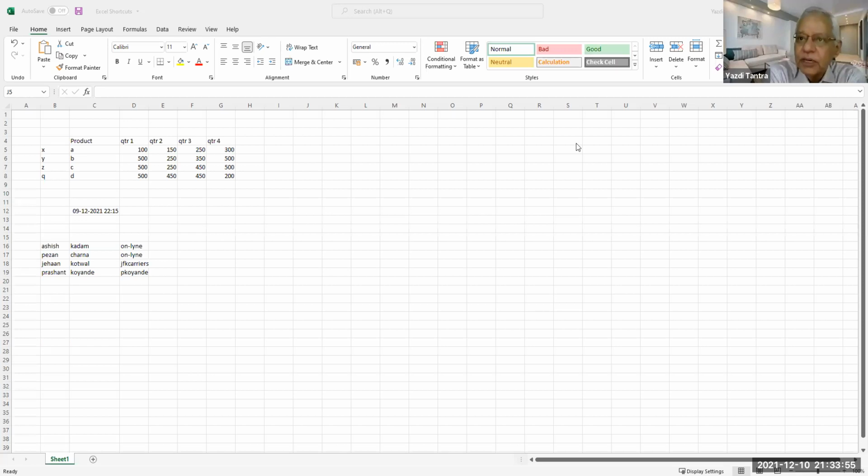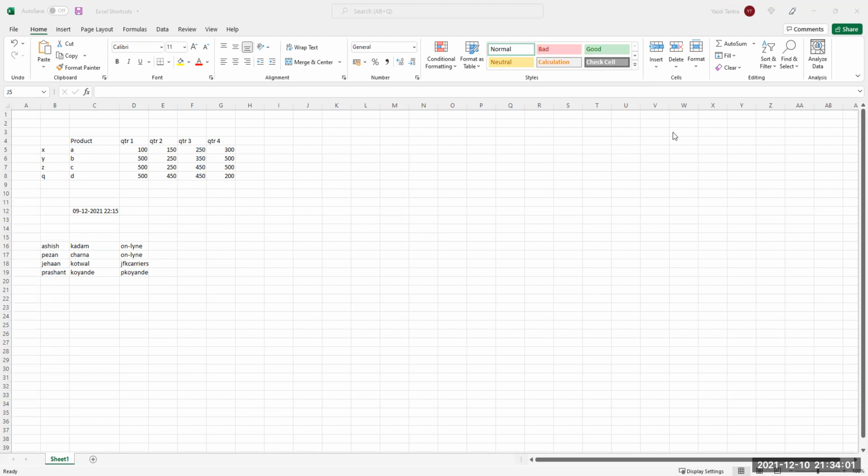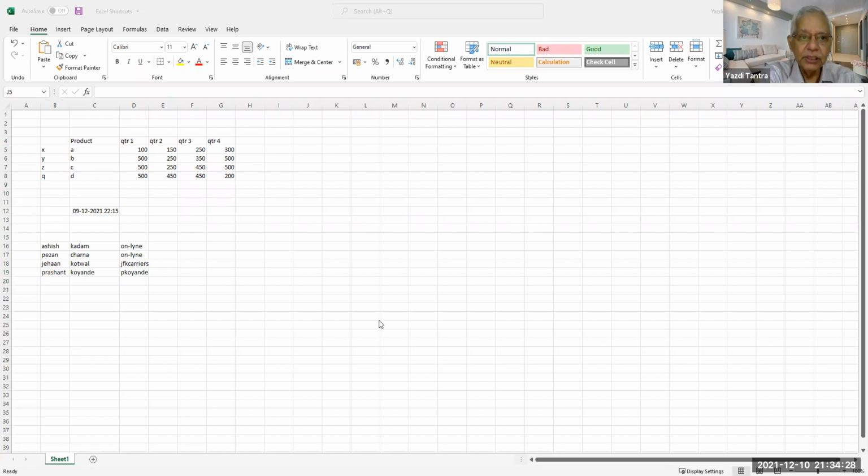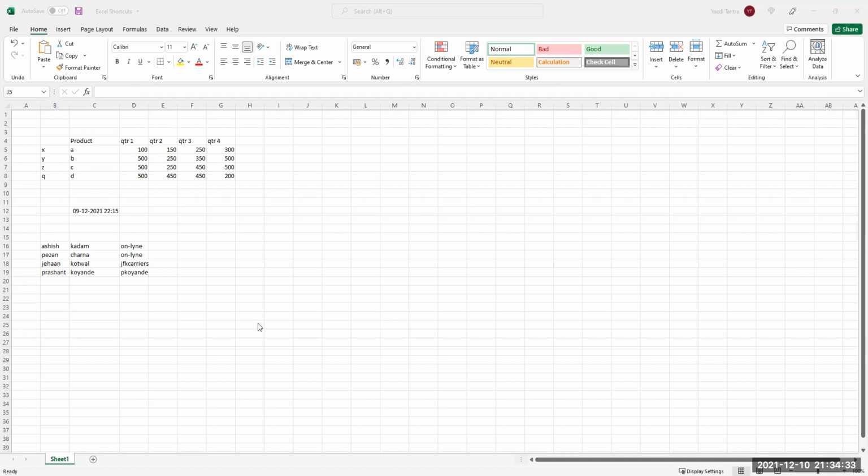Okay, can you see my screen? Yes. Okay, so I have a very small spreadsheet. Again and again, I have to repeat that we work on very small spreadsheets. So the power of the shortcuts is not so much visible in a small layout, but you can imagine the same thing used in a very, very large context, then it can be really useful. So let us start with something very basic.